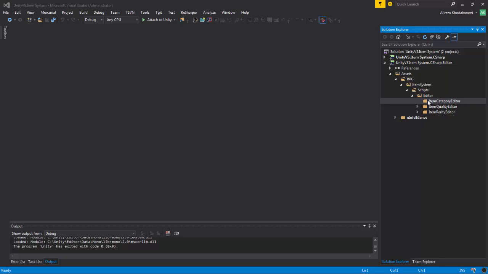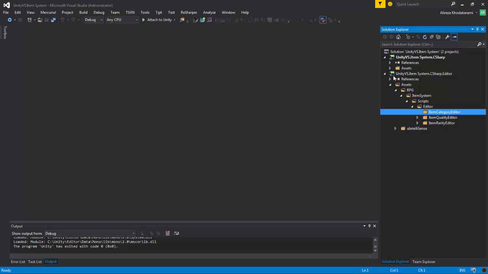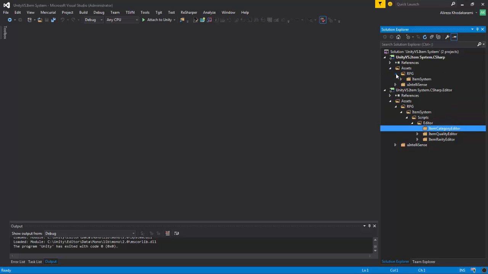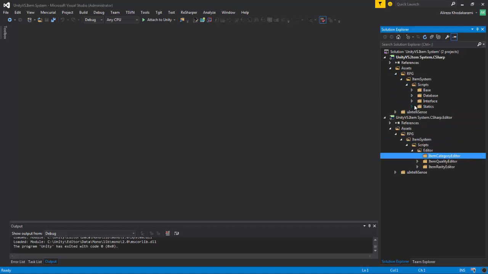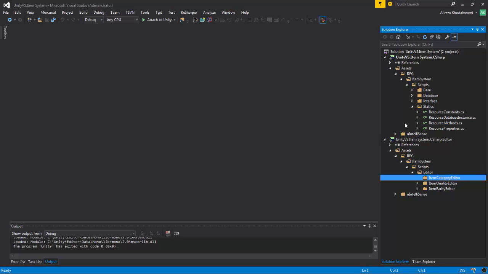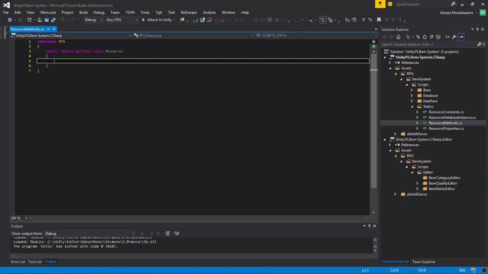Today we are gonna make our category editor. It's a bit more involved than the other two editors that we worked on by now. Well, first thing I want is a method inside our resource, and it's a static